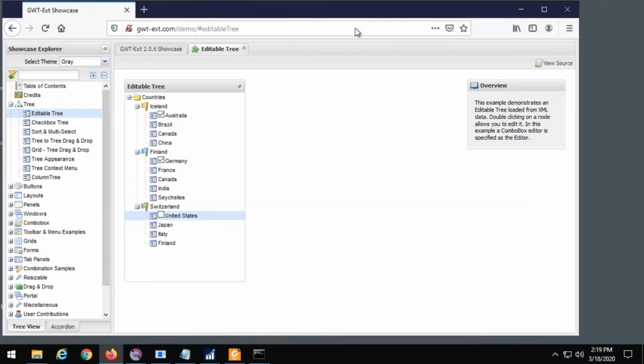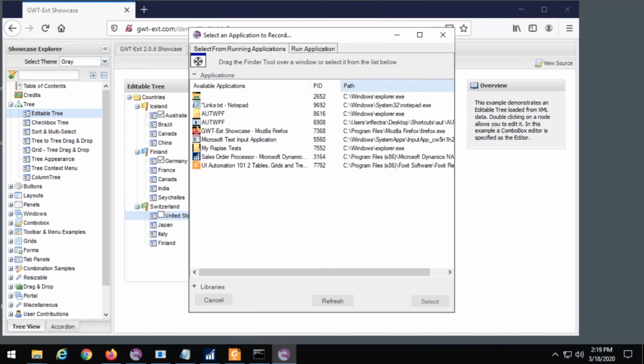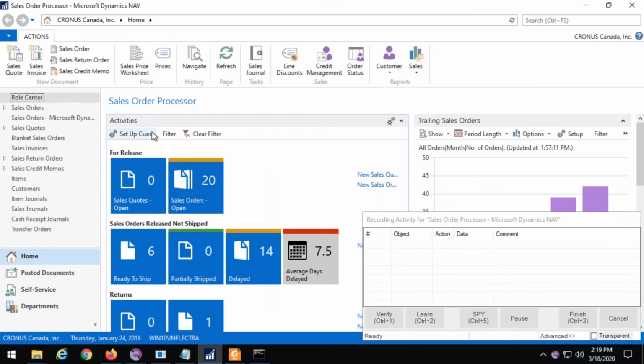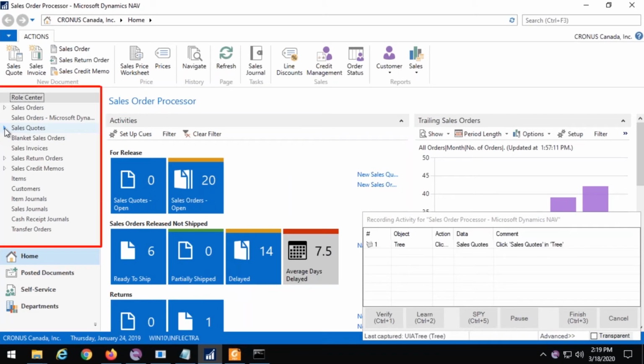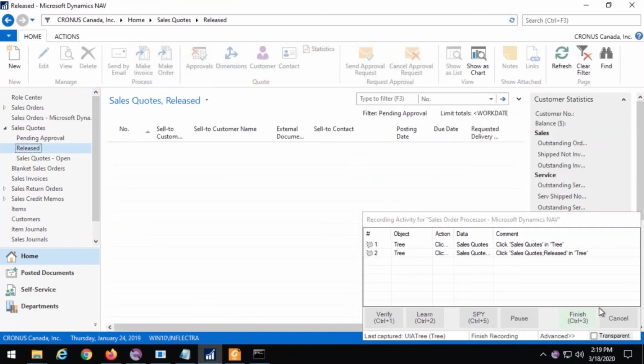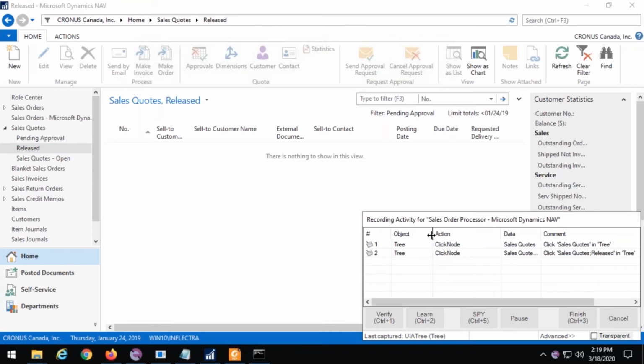So let me try to work with that tree. I hit record. Application is Dynamics NAV. And I'm going to go to sales quotes and released sales quotes. So what you may see is for the expand of the sales quotes, I have click node